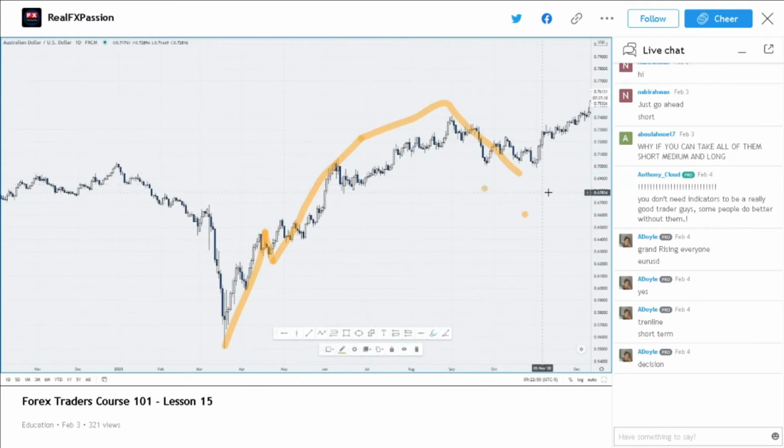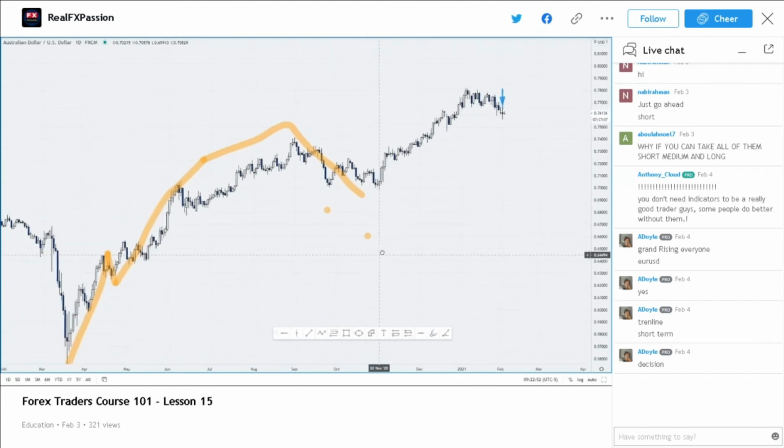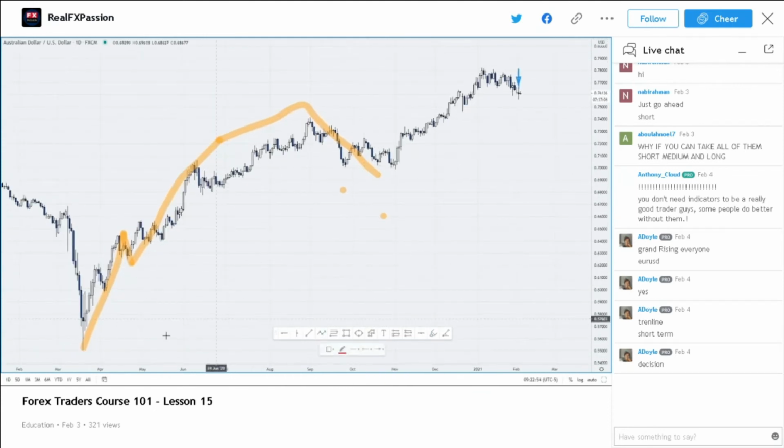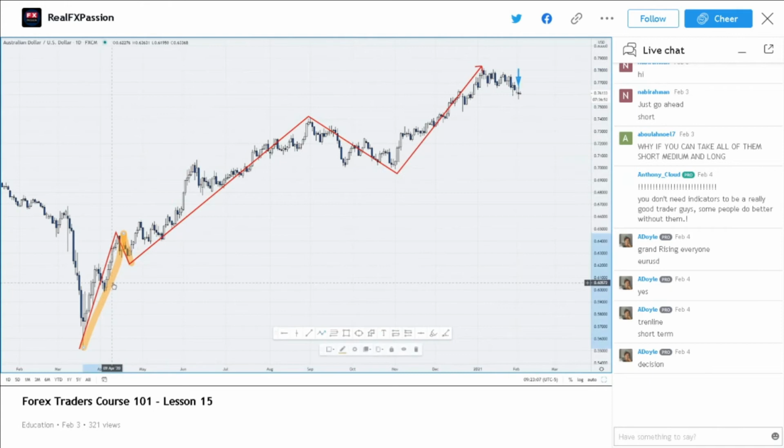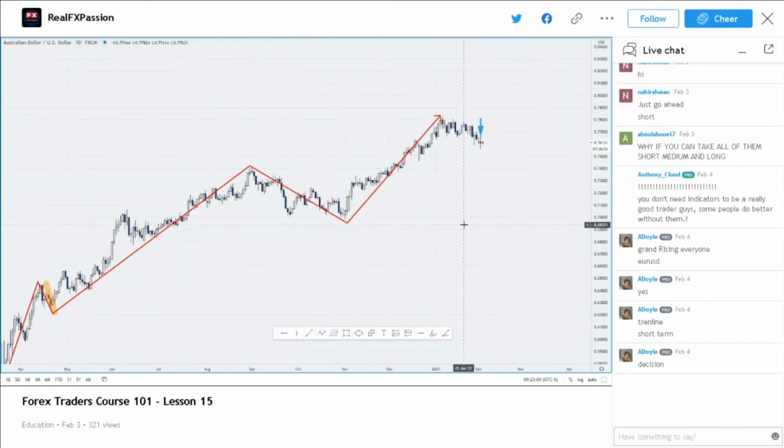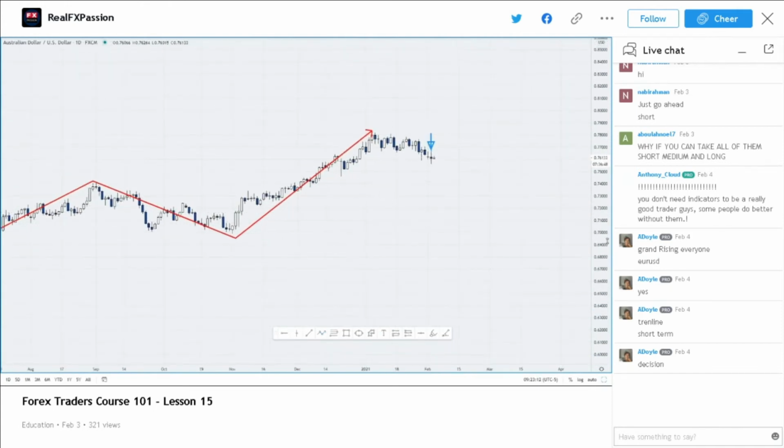Retracement, downtrending here. Okay. So extension, retracement, extension, retracement, extension. So this is the market wave from the daily. Okay. Now, before we enter from the 4-hour time frame,